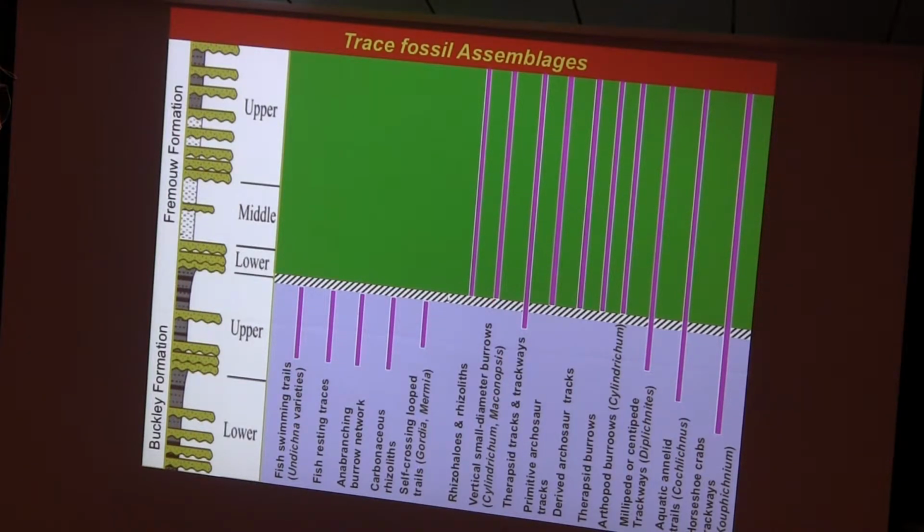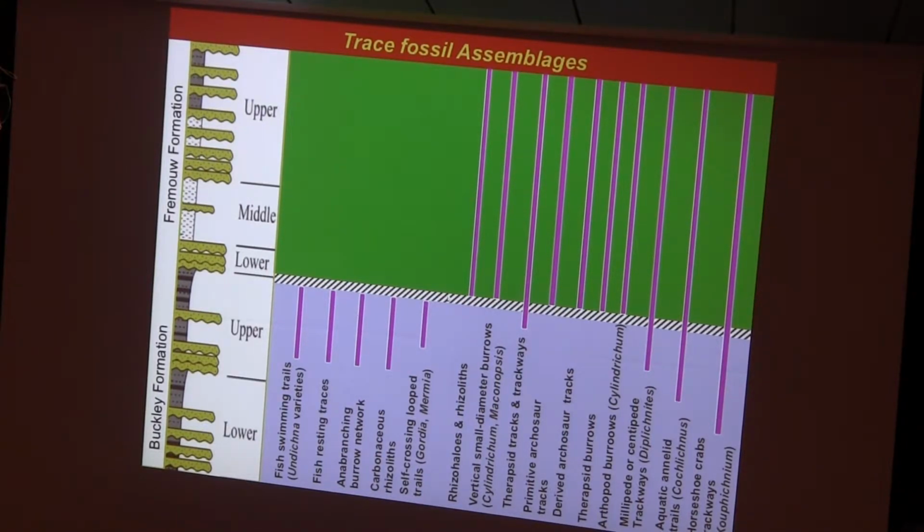We've got those vertical burrows, therapsid tracks. We have the line here because we thought we found what looked like a nice track at Lamping Peak, but we're still not sure. Once you bring it back and look at it, it could just be where some fish poop impacted it and looked like a footprint, and then the poop is gone, so we're still working on that. But we've got tracks, all of a sudden lots of tracks and burrows. Why? This stuff is well drained